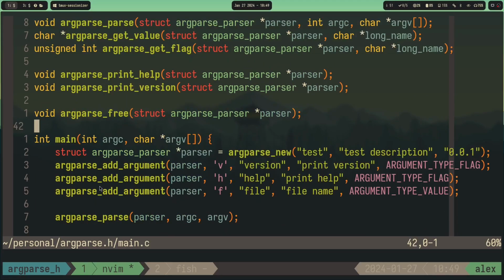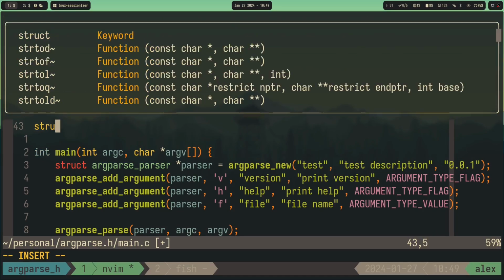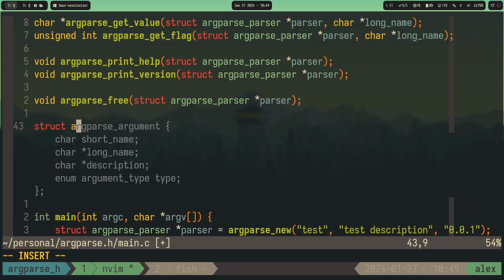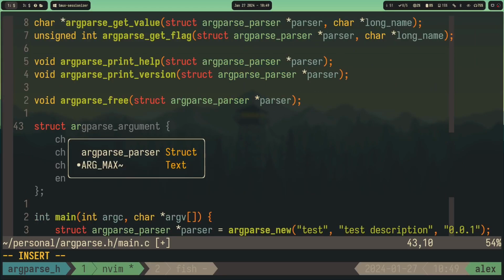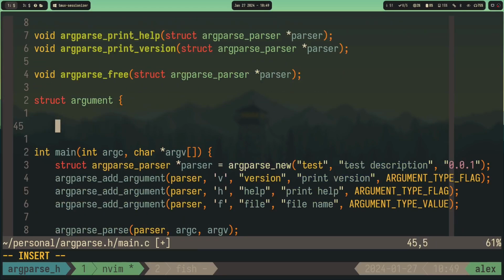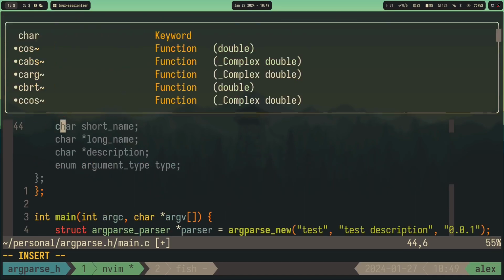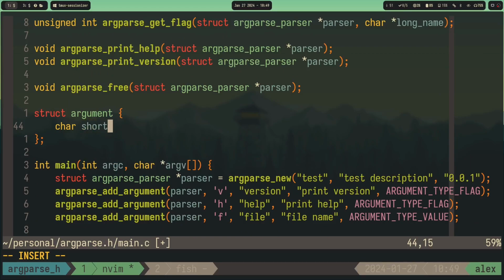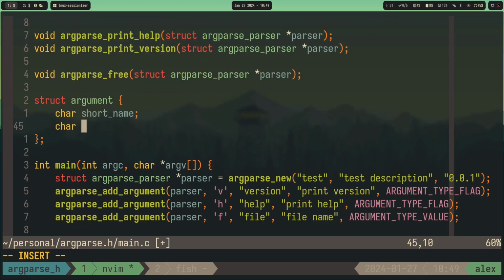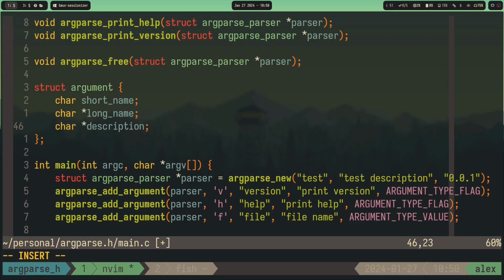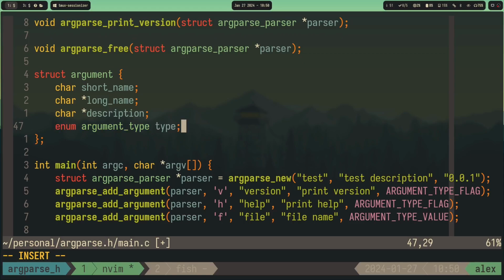Okay, so let's define the argument. How I was thinking to have the argument. Okay, let's just call it argument. It will be like a private structure, so we don't care about it. So we need the short name, which is a char. We need the long name, which is a char pointer. We need a description, which is just an example for now. Then we need the type,